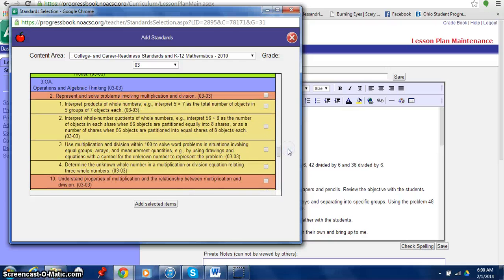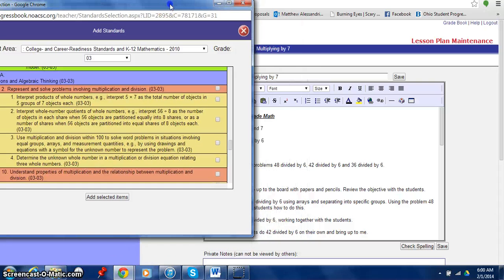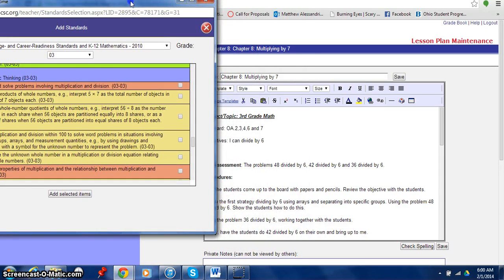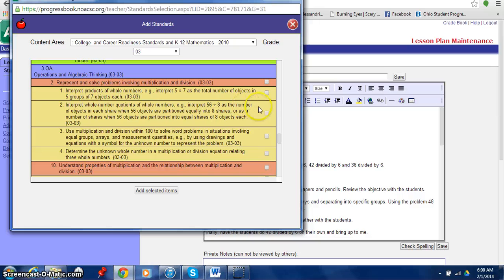There you go, OA. So I need, again, 2, 3, 4, 6, 7. I need 2, interpret whole number quotients of whole numbers. 3, use multiplication and division. 4,